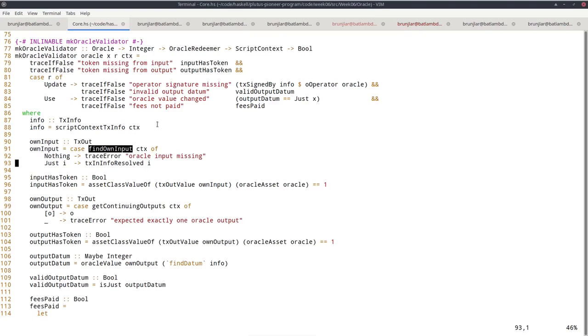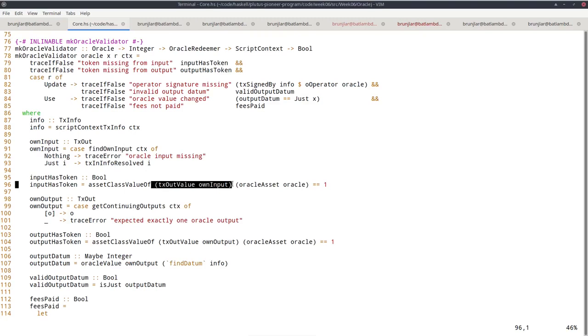So now I must check that the token is present. In the Ledger.Value module, there's an assetClassValueOf function that takes a value and an asset class and then returns an integer, how many coins of that asset class are contained in the value. As value, I use txOutValue of my ownInput, so that's the value attached to this input I'm consuming.